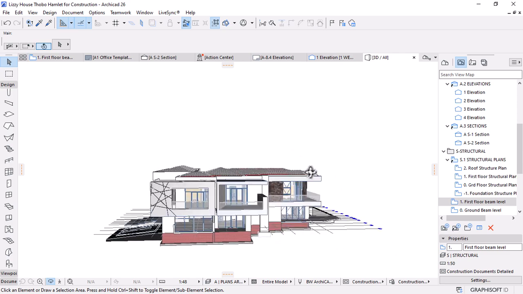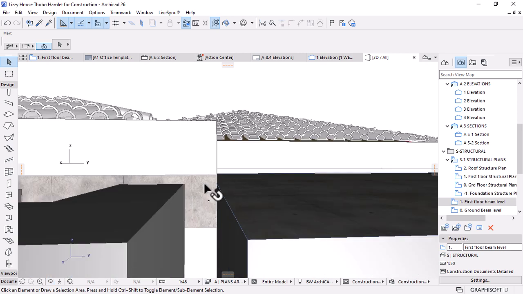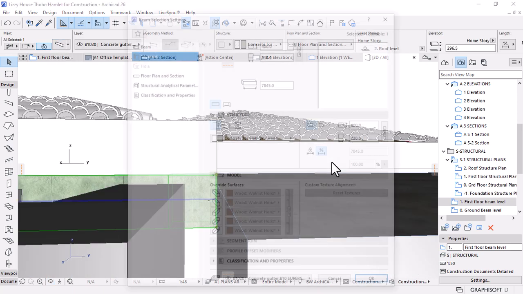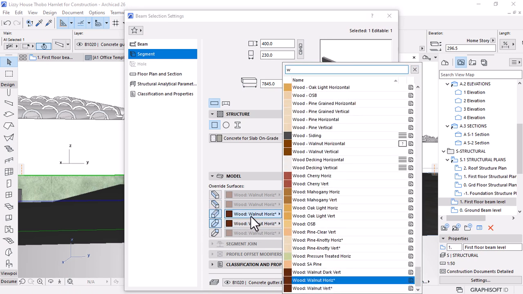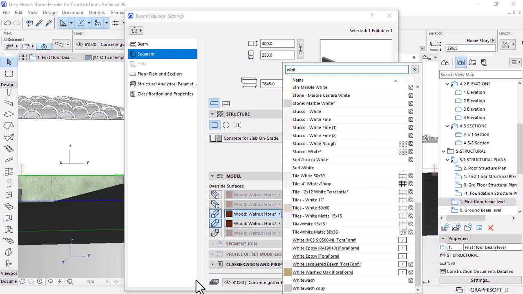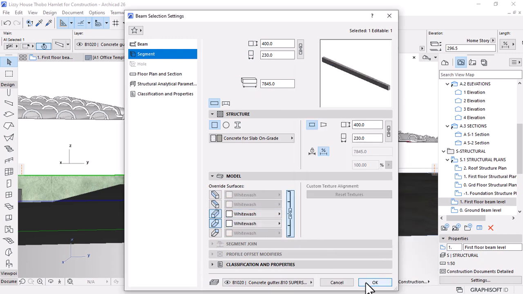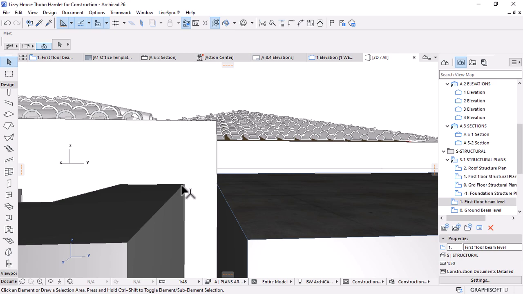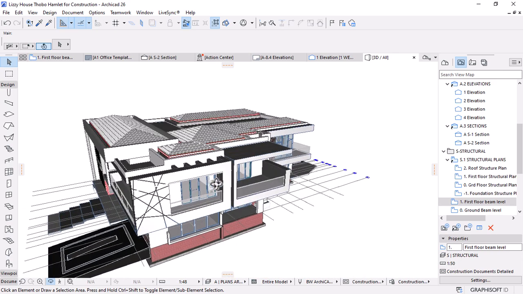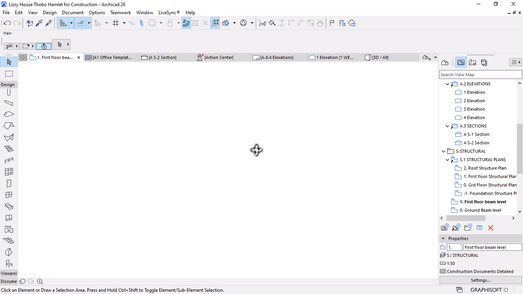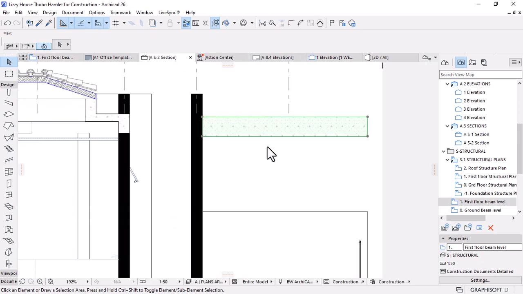Yeah, but it's fine, except here we said we are overriding the sides to whitewash as the surface for the walls. There you go. And then from here go back to the plan, or if you go back to the section,